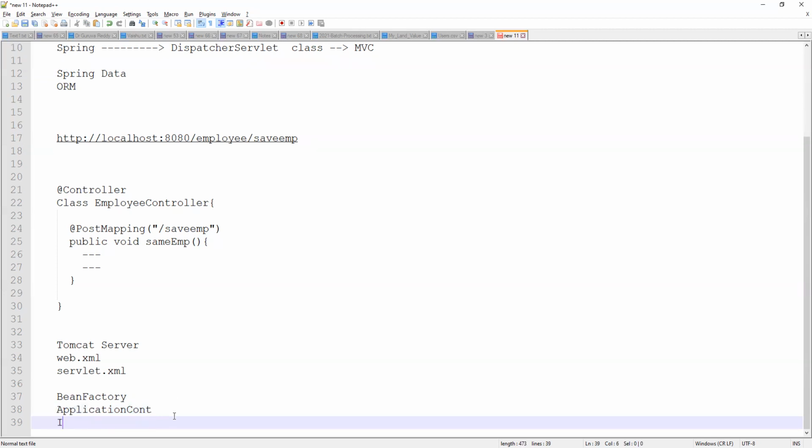I18N is nothing but different languages with respect to geolocations. For example, if our application is launching in Mexico, it will show the Mexican language. If our application is working at a global level, it will show the English language. So such kinds of features are available in application context.